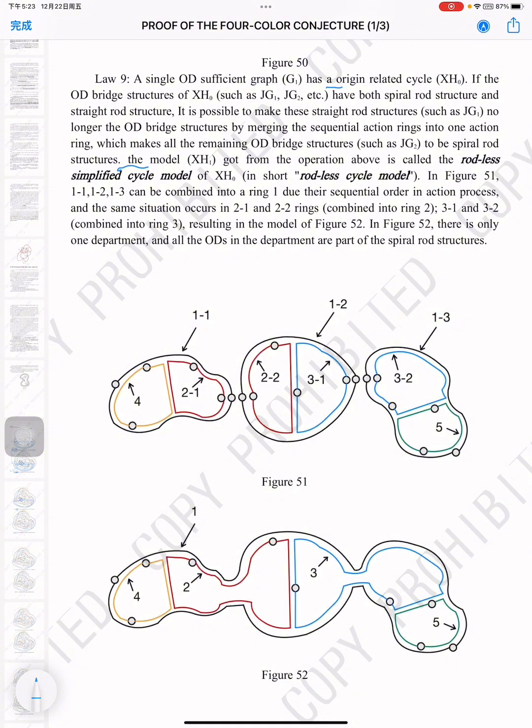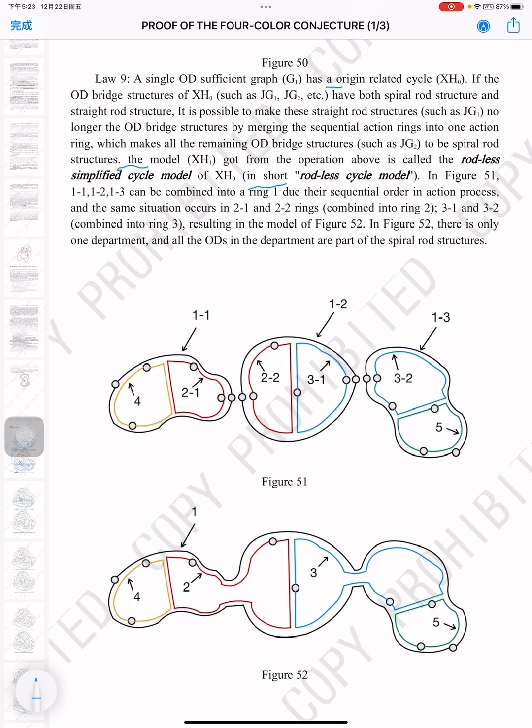The model XH1 got from the operation above is called the Rodley's simplified cycle model of XH0, in short, Rodley's cycle model. In figure 51,